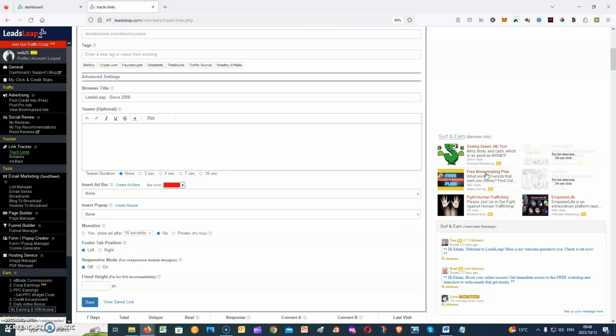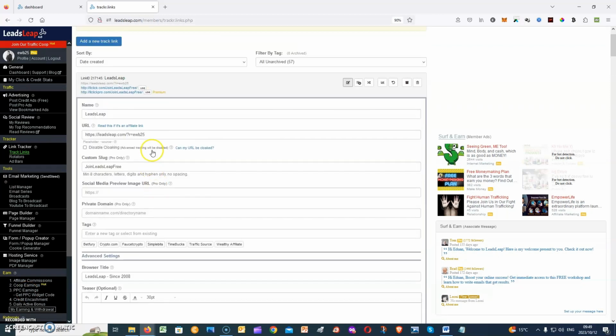If someone decides to click on that, you'll earn from that, and this is on the PPC earnings, if you see at the bottom left here. But we'll get back to that when we get to the earnings section. But just to quickly show you here,